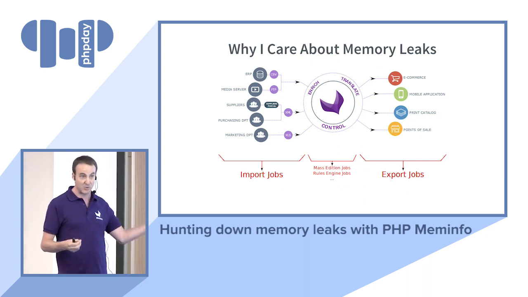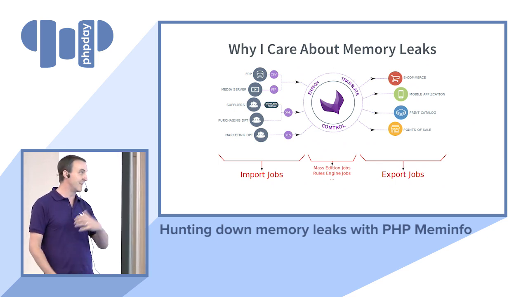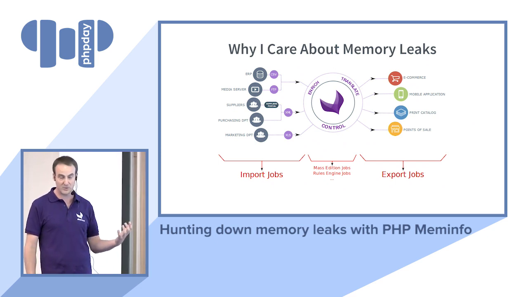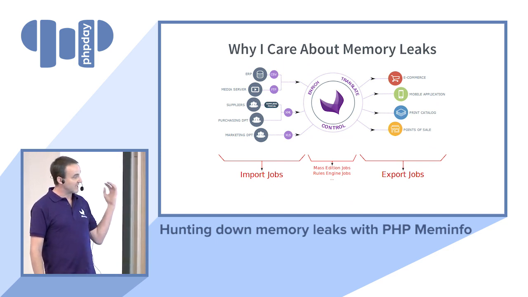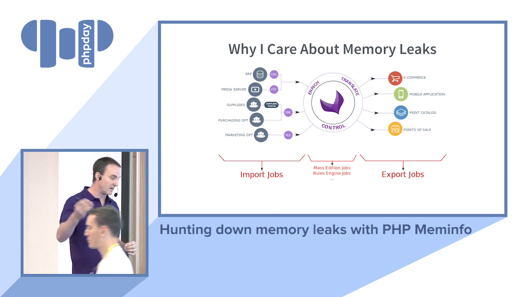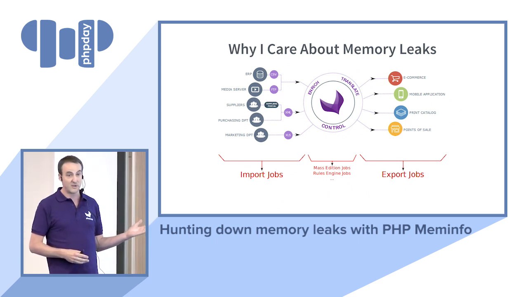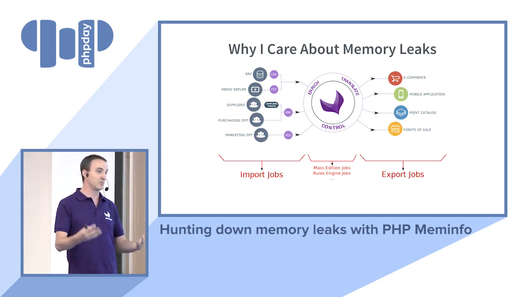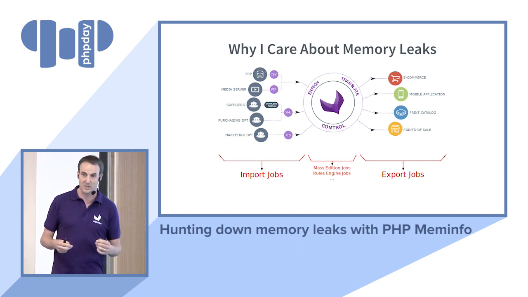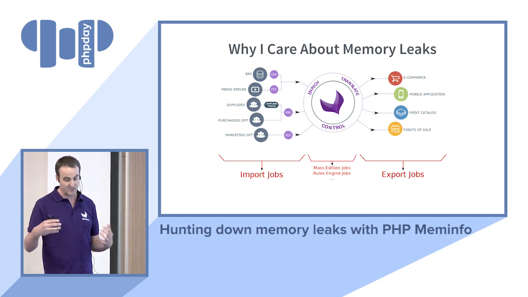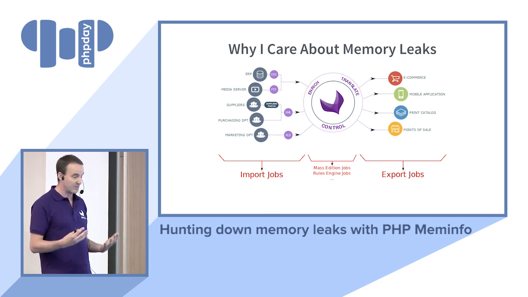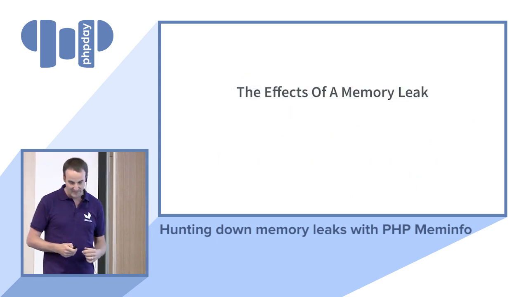So I will have import jobs that may import millions or tens of millions of products, which can take hours to run. I will have export jobs to put the data to my target. And in the middle, I have some tools to help the productivity of my users. In this situation, I have tools to manipulate thousands of products at the same time and stuff like that. So I have a lot of jobs, and I had a lot of memory leaks as well with my team.